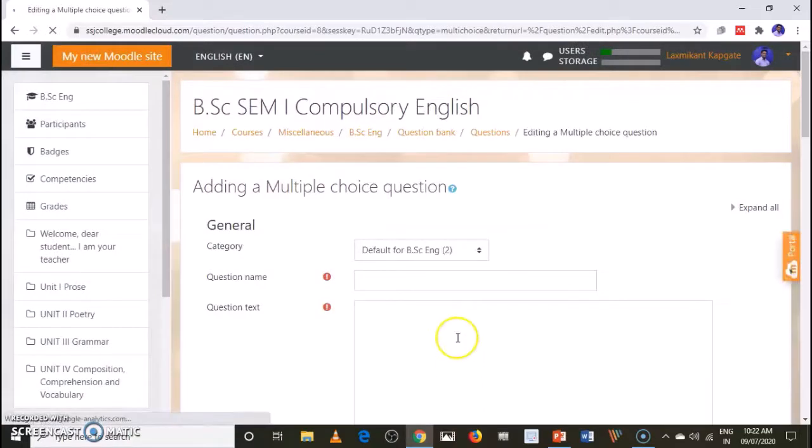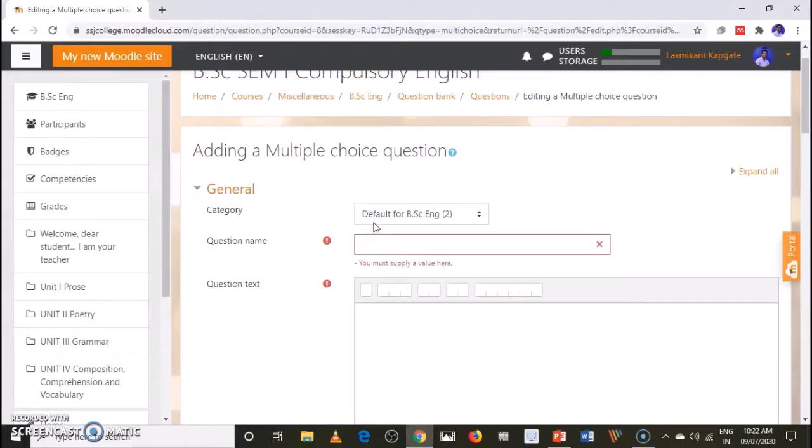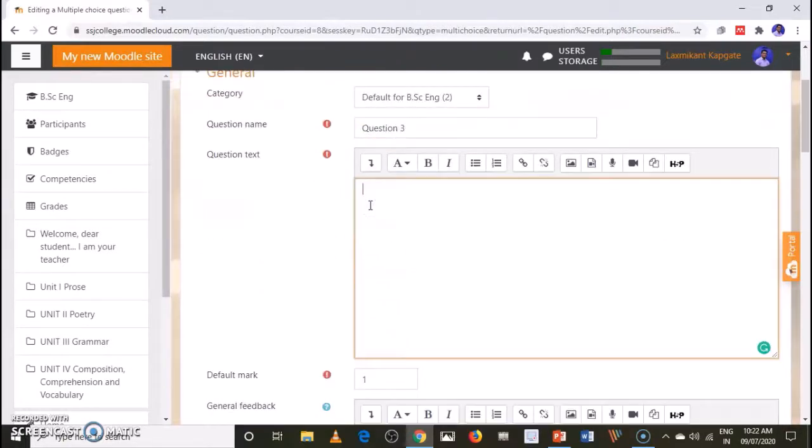Now see, when I click, again you can write. There are 2 questions, so this will be the third question. I can write question number 3. Here I can write, London is a sonnet composed by.